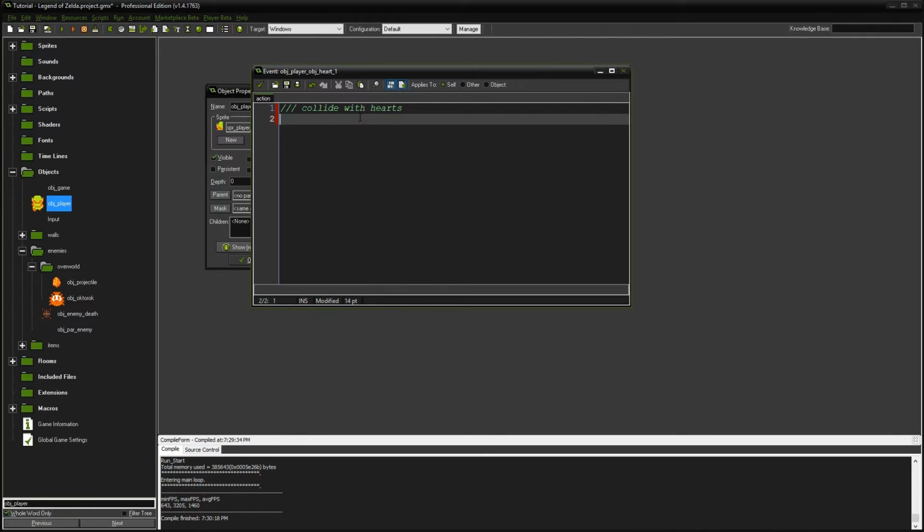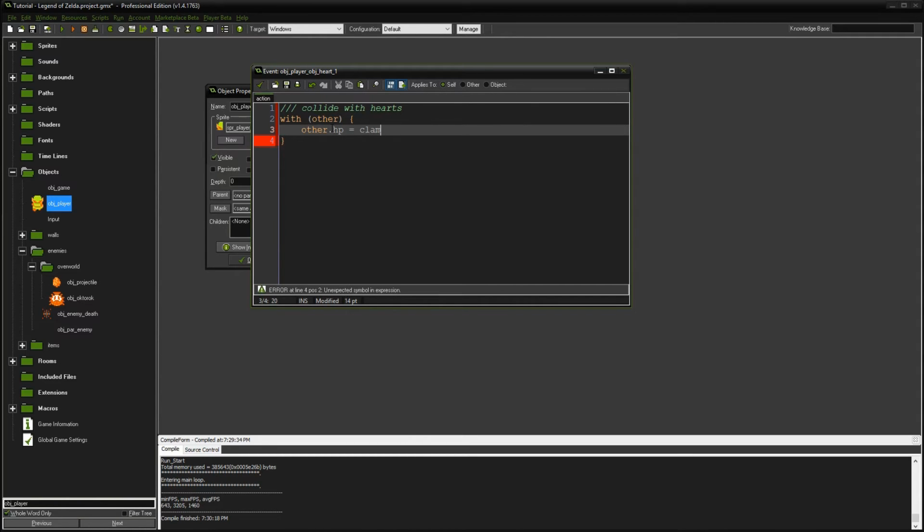It's something very similar, but we're going to say with other, which is saying, hey, we just hit the heart, so let's go into that code. So with this with statement, we're now inside of the heart code, or we're inside that object and we have access to its variables. And we're going to say other HP